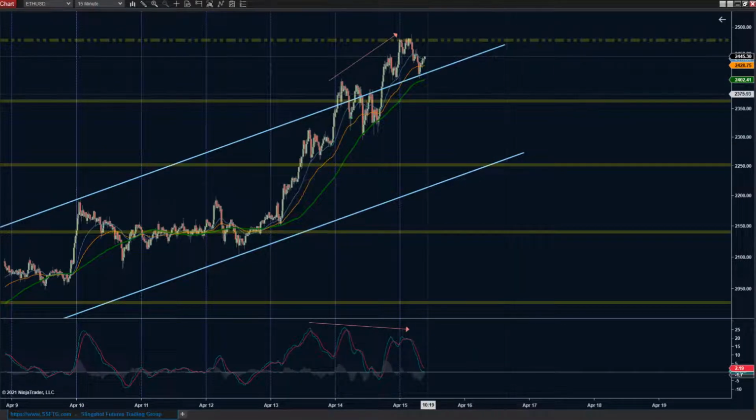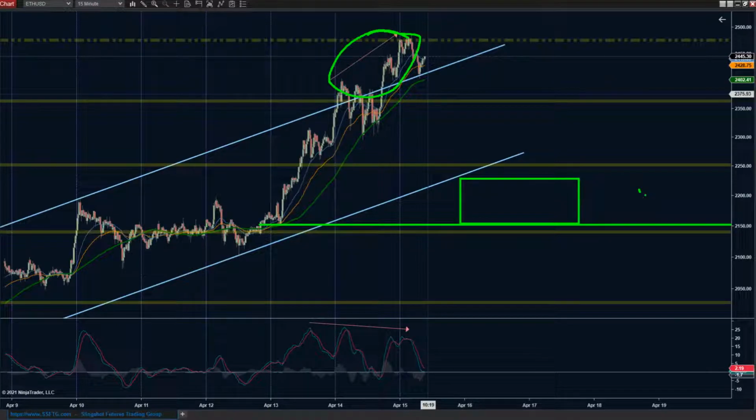And the fact that we're kind of overshooting the top of the wider channel would suggest that if it does pull back, it's going to want to overshoot the lows. I mean, that puts it down in the 2150s, 2200s. Makes it really hard to want to be a buyer up here, that's for sure.